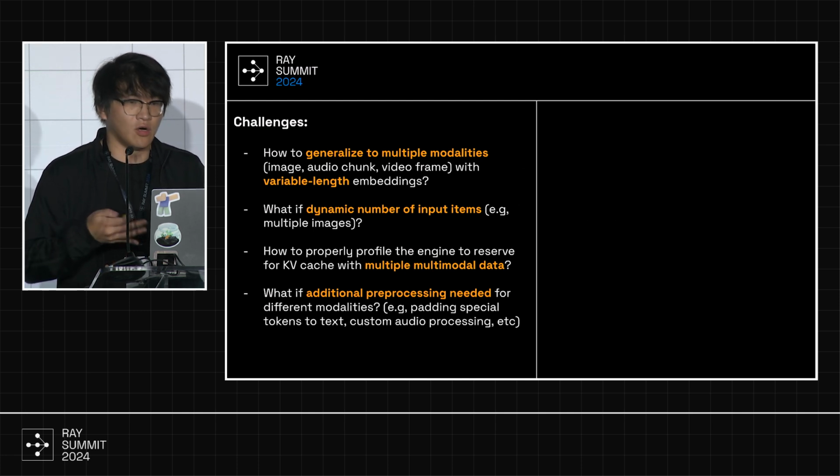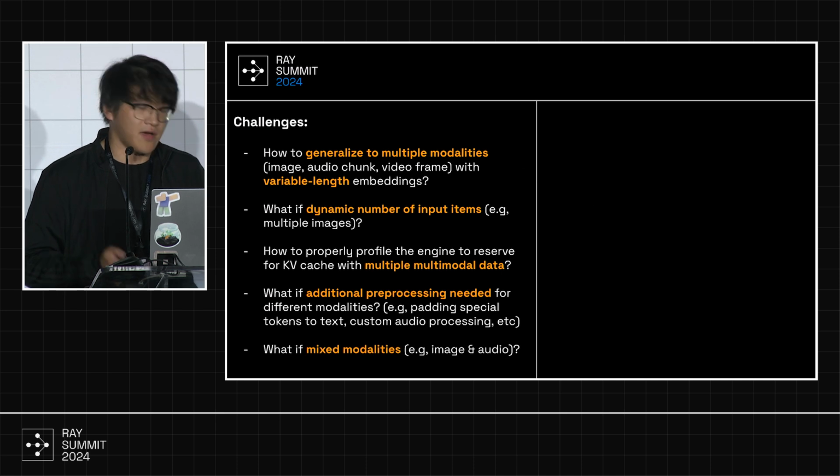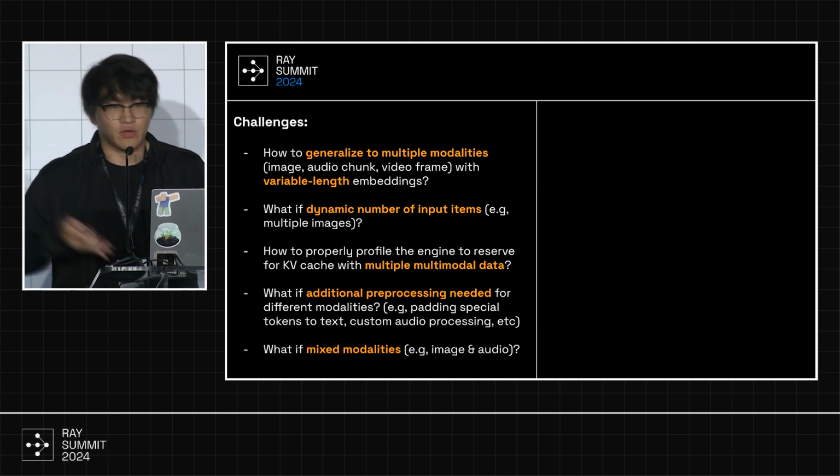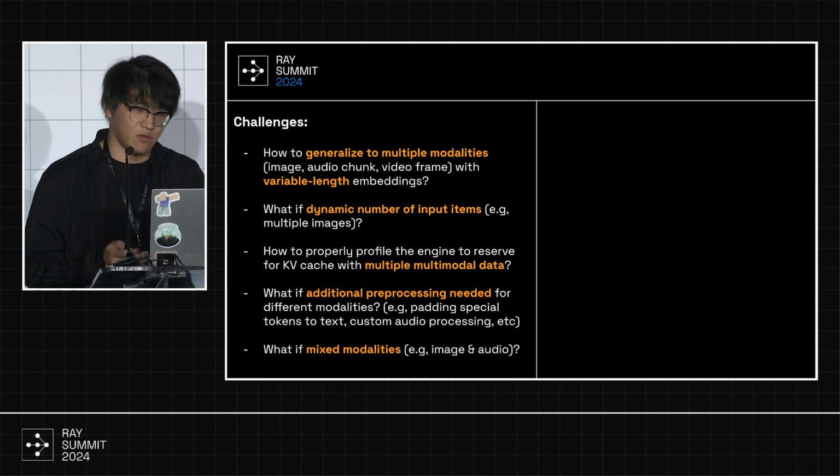And what if there's some additional pre-processing needed? In this case, some model vendors can just define their own conversion from image to pixel values inside their own model repo, but not on Hugging Face Transformers. How do we do that? And finally, what if we want to do mixed modalities? Today we don't have a model like that, but I won't be surprised going forward. We may have a model that supports image, audio, and text inputs all together in the forward pass.